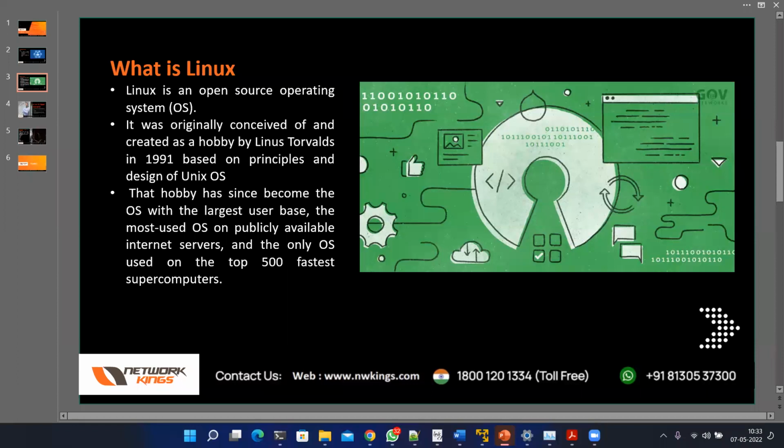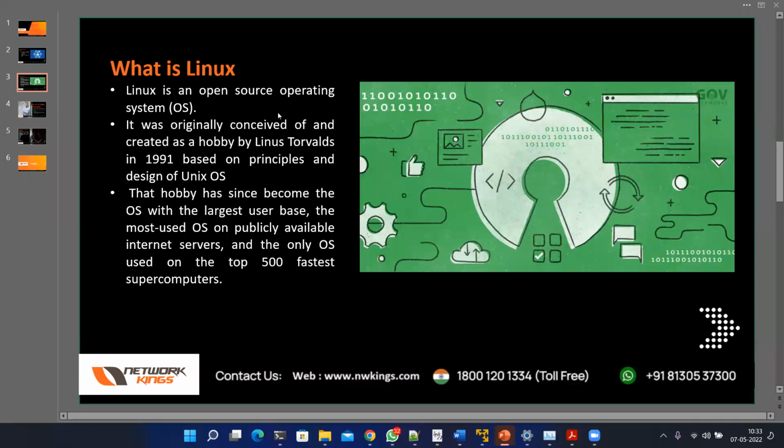So you know what good part there is in Linux? Linux is on the open source platform, which means you can download the Linux operating system source code, the actual code files. You can modify the code files, and you can redistribute among your friends, even to the world, with another name. This is the best feature of the Linux operating system, and due to these features you see so many Linux versions are available: Ubuntu Linux, Kali Linux, CentOS Linux, Red Hat Linux.